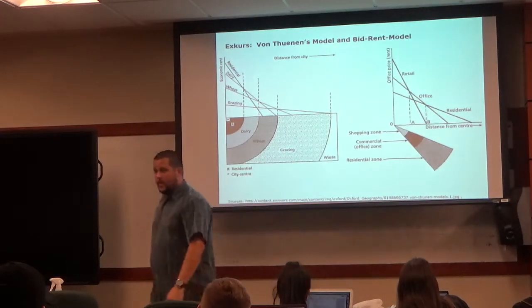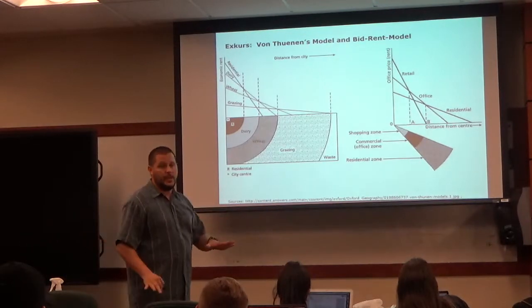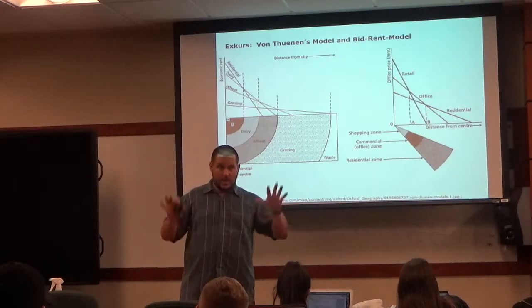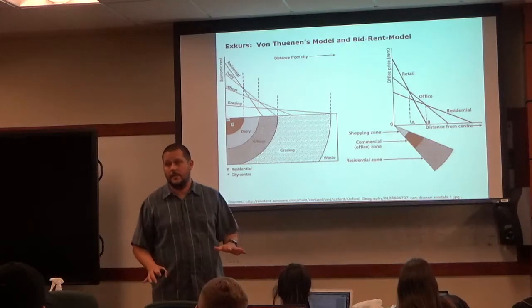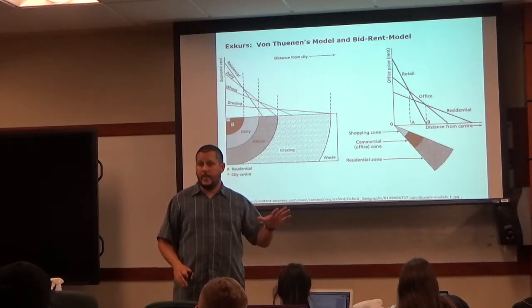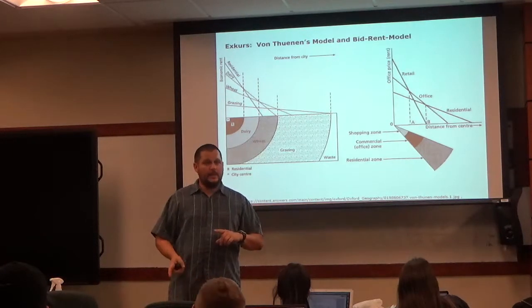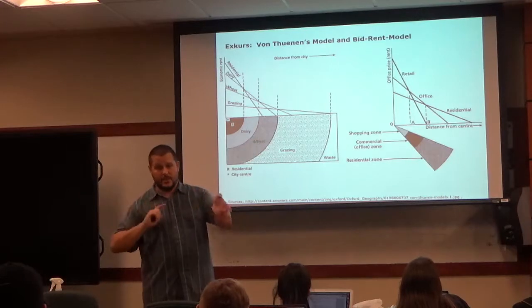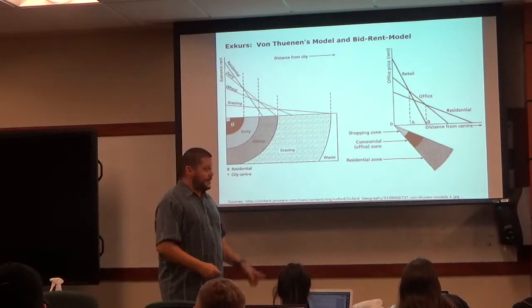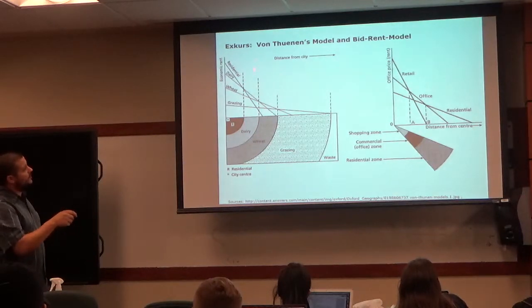Yeah? If you have a really bad school district on one side and a good school district on the other side of the street, housing prices will be more expensive because your kids are going into a different school district. They play with the other kids across the street. Sometimes they stop playing because they don't have the social interaction because they stay all day in school, but it's different. All right, so bid rent curve, von Thünen,